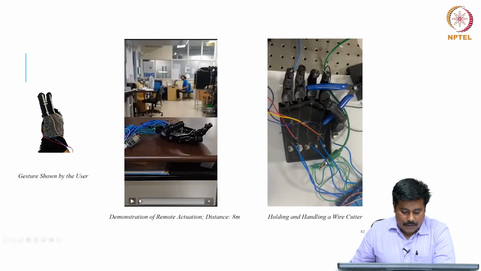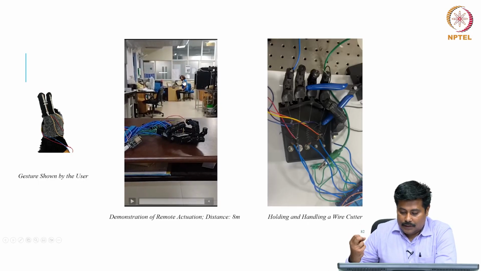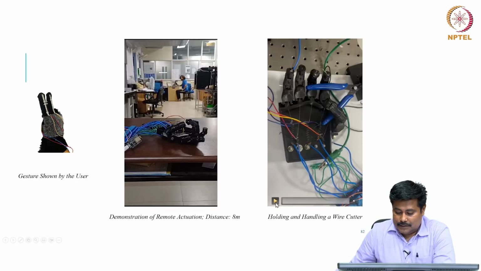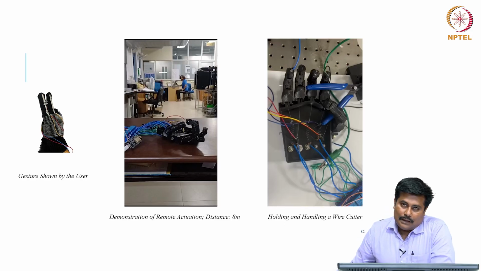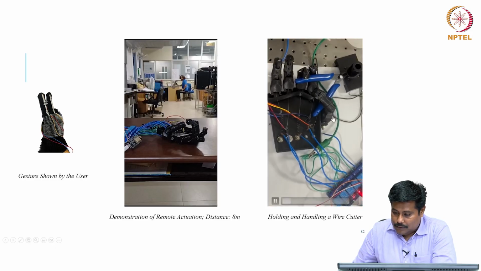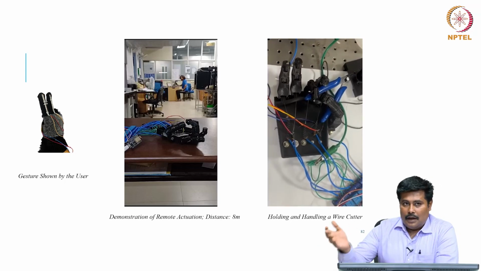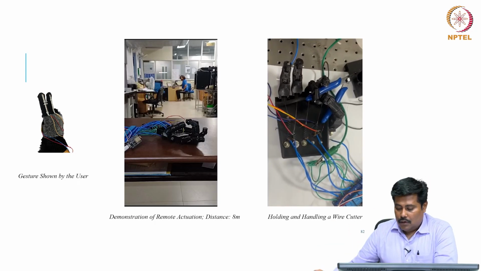For example, in this particular case, this is a gesture which is shown, and the distance between the man and the machine is close to around 8 meters. When the gesture movement happens, the movements are translated in handling the system. This is a simple technology, and the thought process of this technology is a remotely operated bomb diffusion system. This is a wire cutter which is being placed over here, and this is operated using a man-machine interface, that is, a gesture control moving the